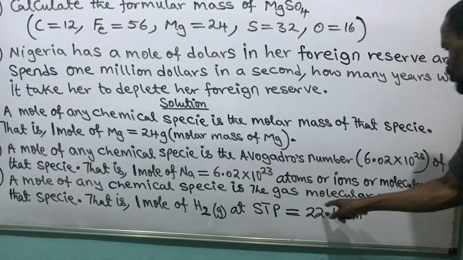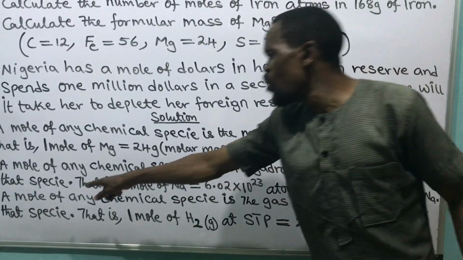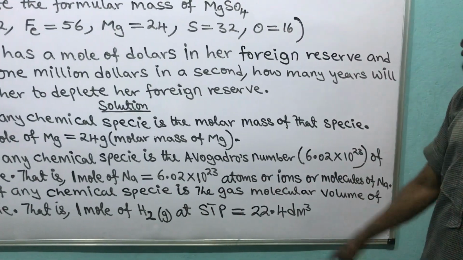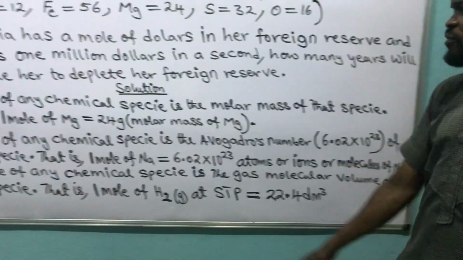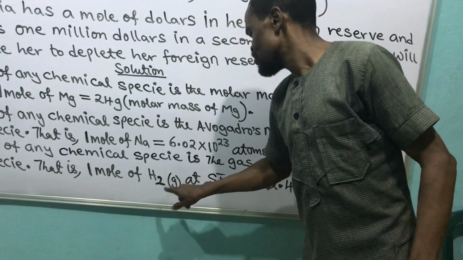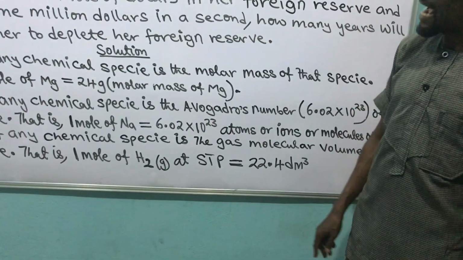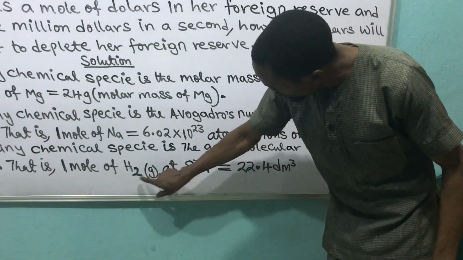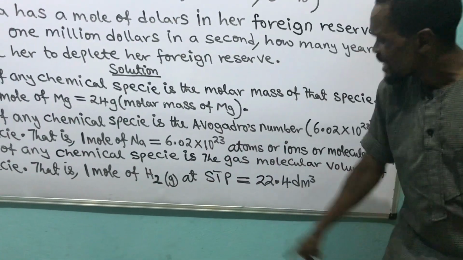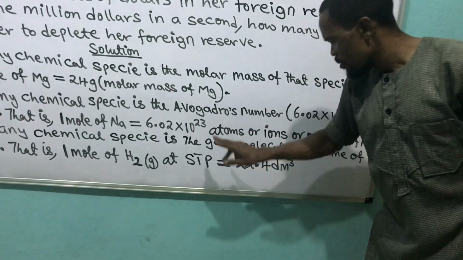A mole of any chemical species is the gaseous molecular volume of that species. That is, 1 mole of H2, hydrogen gas, at STP, standard temperature and pressure,